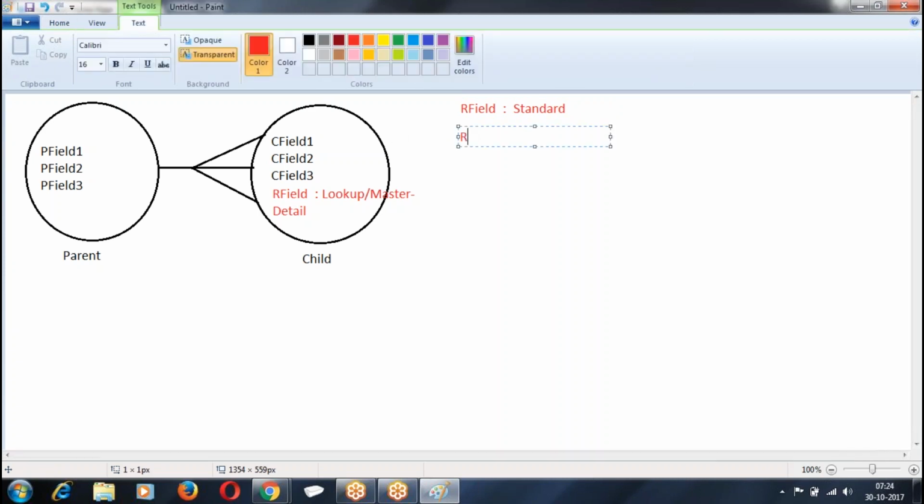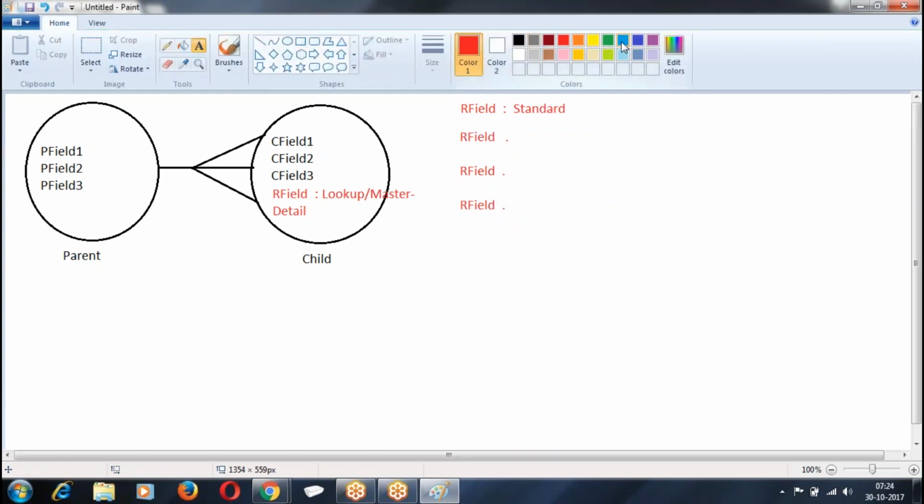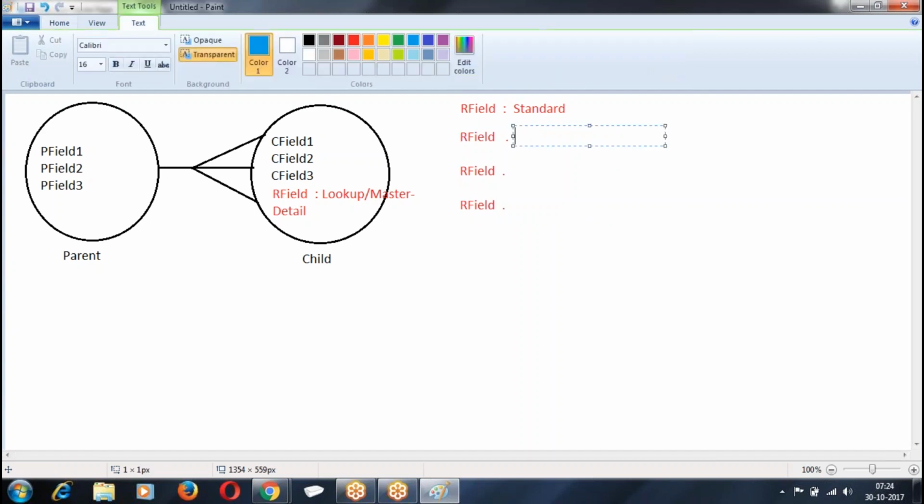Then whatever the lookup field name is, that field name dot parent field 1, that field name dot parent field 2.